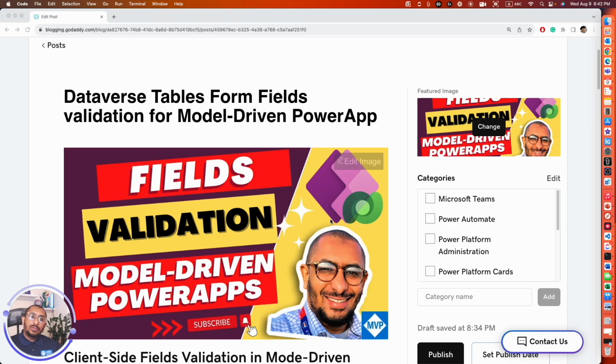Apps makers, this is Ahmed Saleh again, and today we are talking about the Dataverse table forms fields validations for the model-driven Power Apps. When we build or create tables in Dataverse, we know that one of the out-of-the-box components